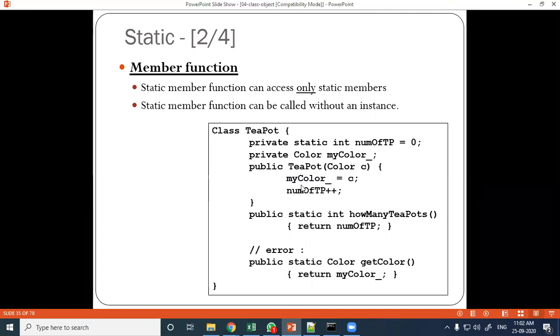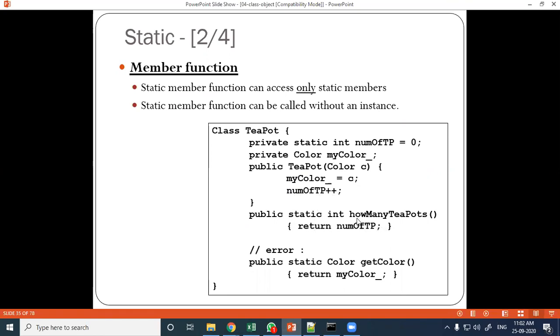Then norm of TP plus plus: norm of TP is your static member and it is increased by 1. So when this constructor is executing, the color of that teapot is set, and the count of teapots is increasing.